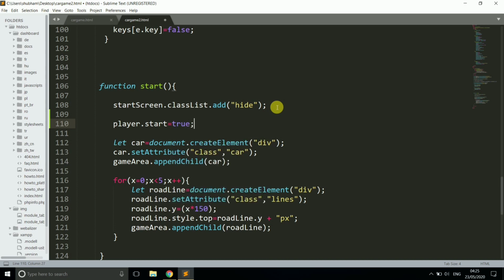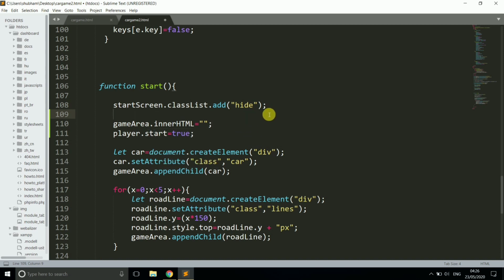It means if the player wants to start, and if player.start is equal to true, then the game will be running. So here we write gameArea.innerHTML equal to blank, because we don't need anything in the game area.